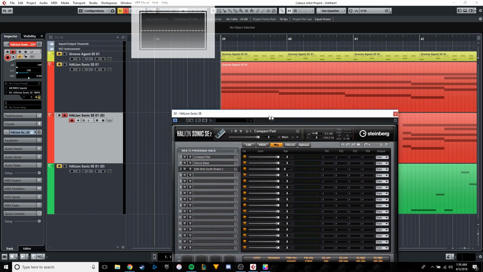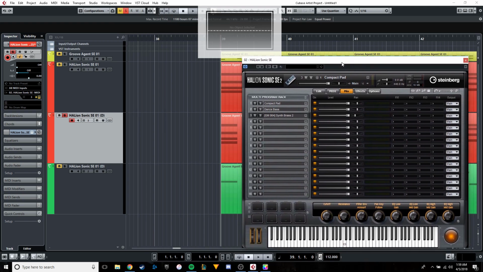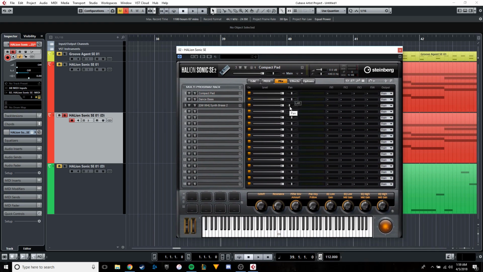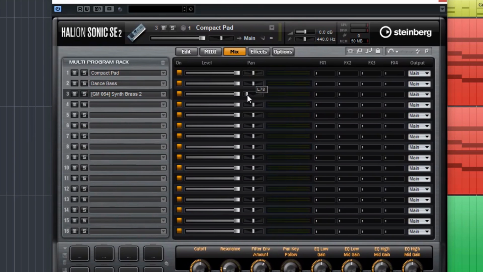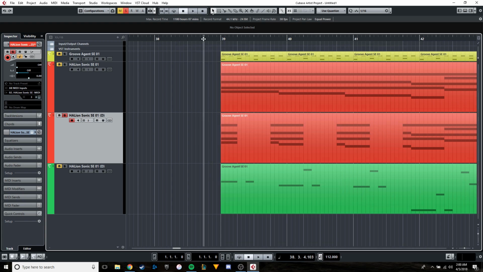You're not going to hear the omnidirectional capabilities of stereo panning, but the more you move this to the left, it'll be coming out of only the left speaker if you're 100 to the left, and only the right speaker if you're 100 to the right. It's pretty rare that you want something 100 either way. Usually that's reserved for backing vocals and stuff like that. But I'd recommend maybe doing something like 40, and then for this part, maybe like 30. You know, you can test around and see what sounds good to you, but maybe I'll bring this a little less, 41. So then if you listen back,